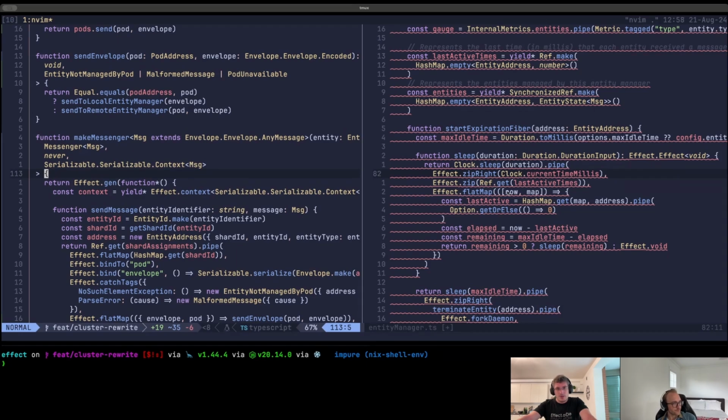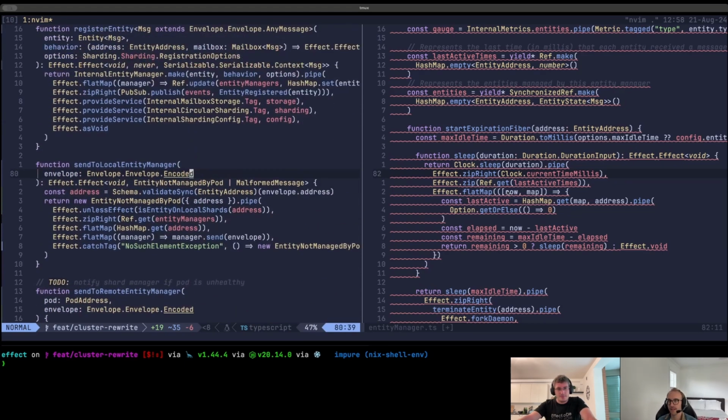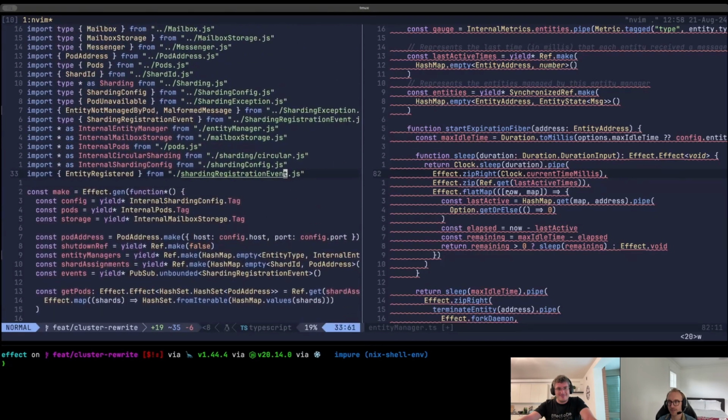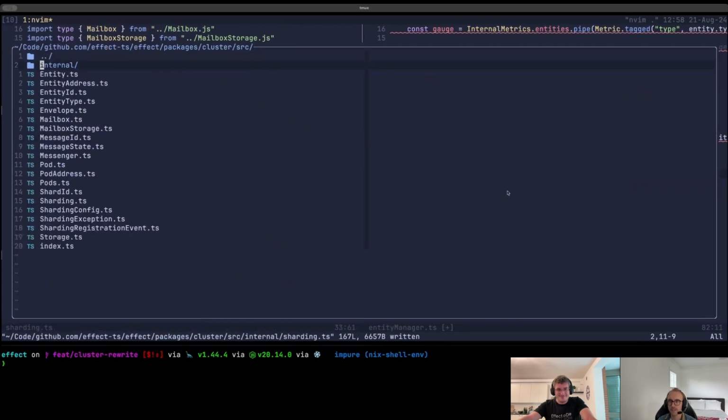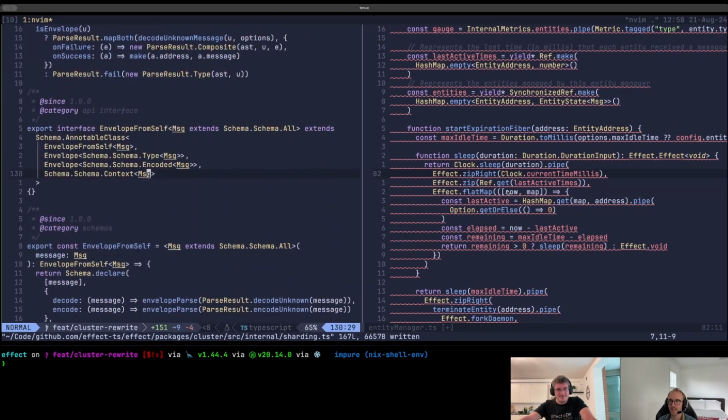So, yeah, I think overall it looks very much on the right track. But yeah, that was the main thing I wanted to show off: the new encoding for envelope. I do think I need to write some tests for envelope, because I'm pretty certain that this is wrong,